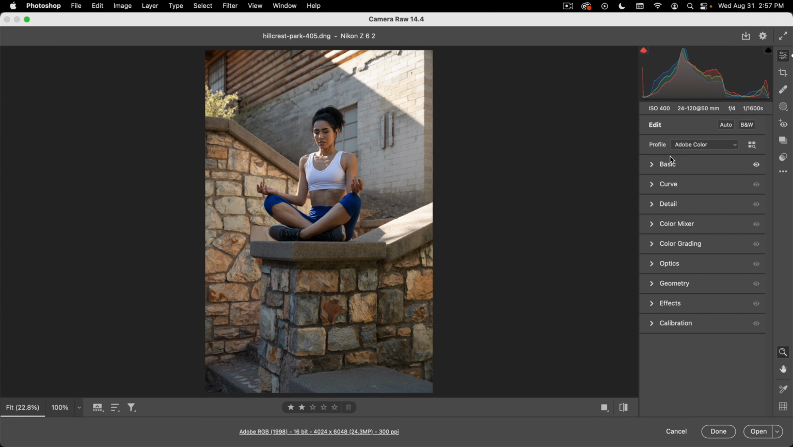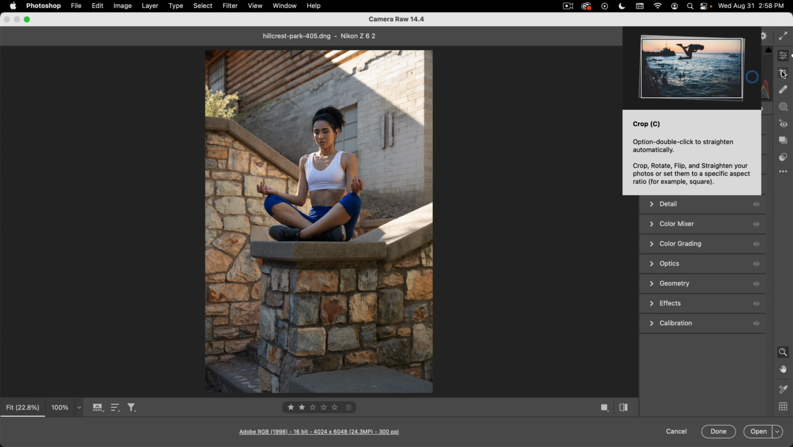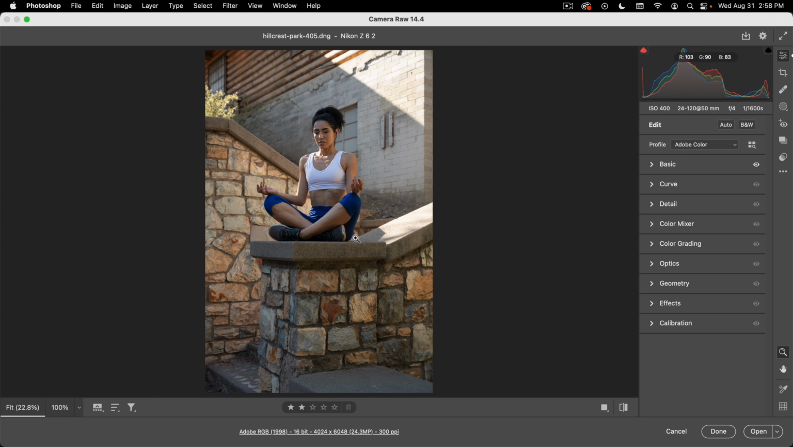So workflow-wise, make your basic settings first, then dive into corrections and masks. And then once you're done with those two, dive back into curve, detail, and all these others. Obviously, crop is also one of these things that you're probably going to want to do pretty early. But this image is cropped pretty well, so we're going to leave the crop as it is